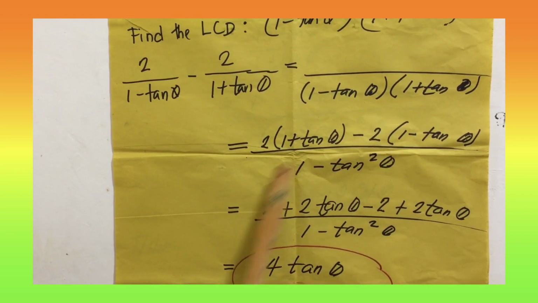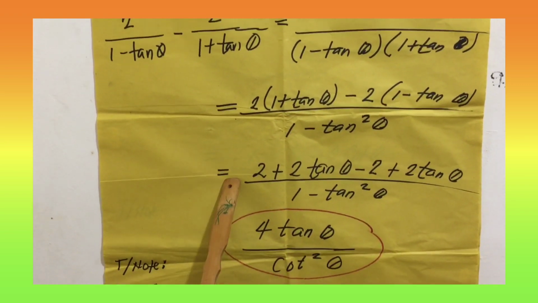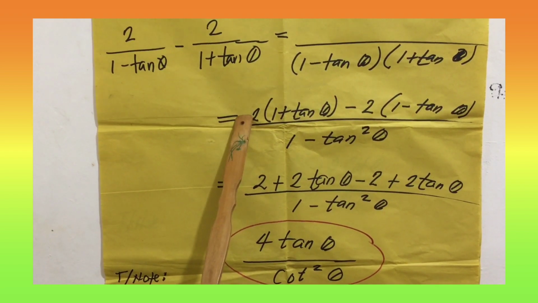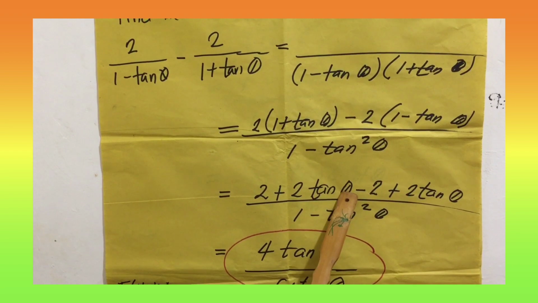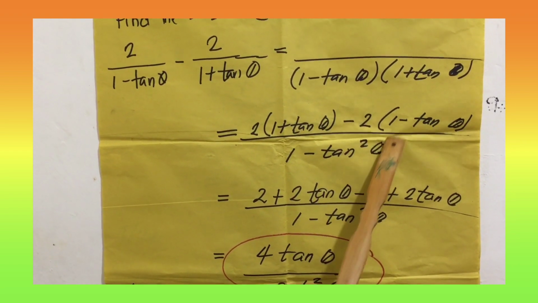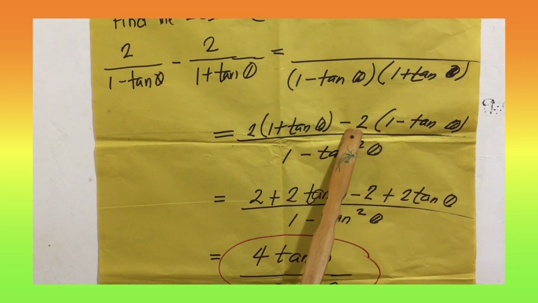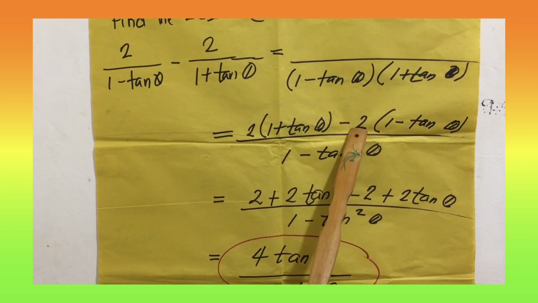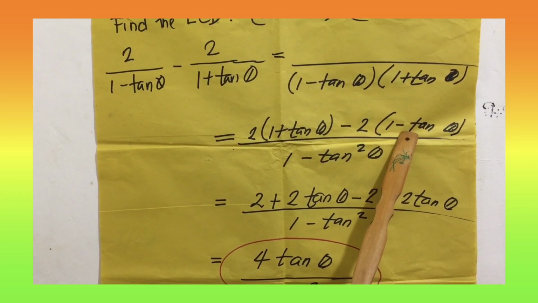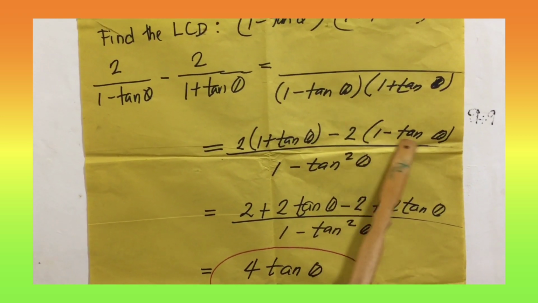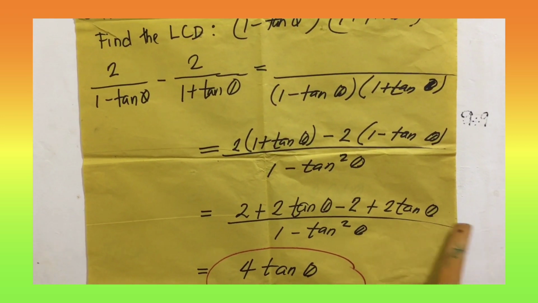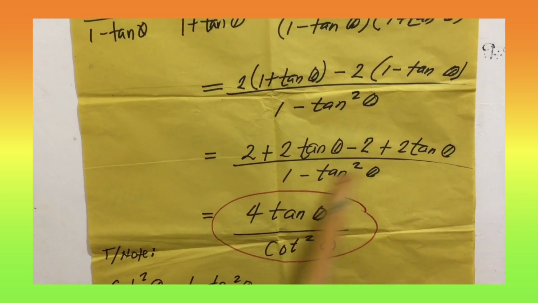Then the numerator now we're going to simplify, equals 2 by distributive property. 2 times 1 equals 2. 2 times tangent theta, we have 2 tangent theta. Then minus 2 times 1 equals minus 2. Then negative 2 or minus 2 times negative tangent theta equals positive. Then 2 times tangent theta, we have 2 tangent theta. Then we're going to